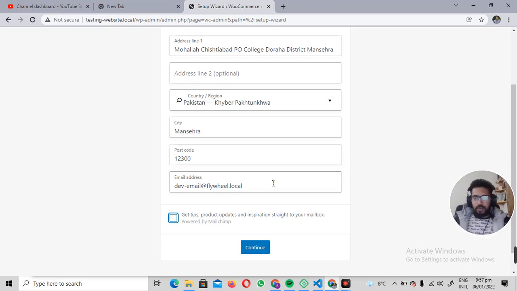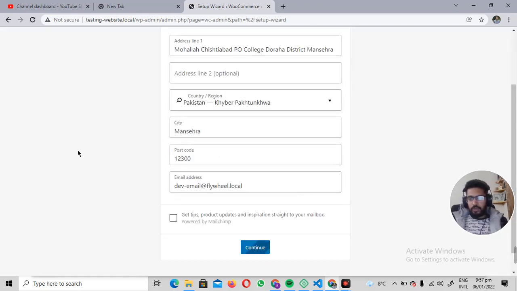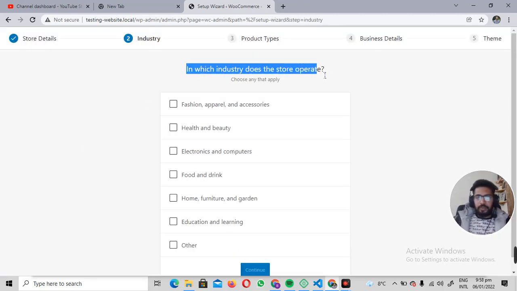I'm just going with this one. Basically I'm just trying to explain this. It asks to build a better WooCommerce. No, we don't need that. Go with No thanks. And in the second wizard option, you will have to select the category